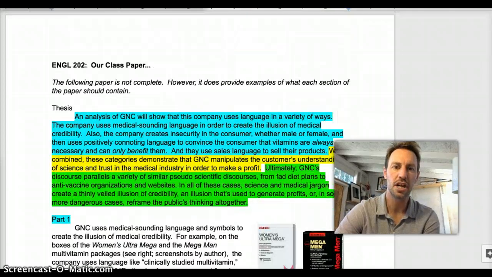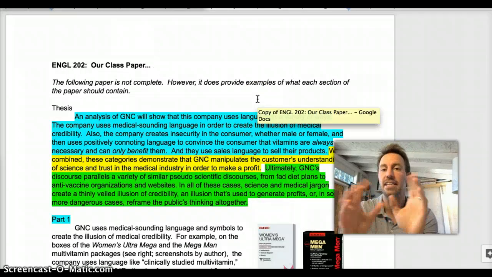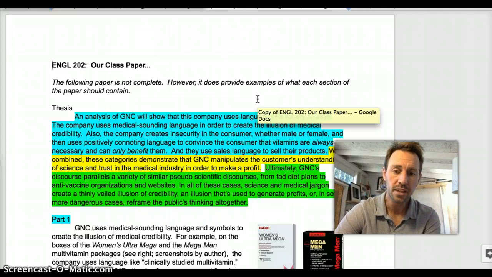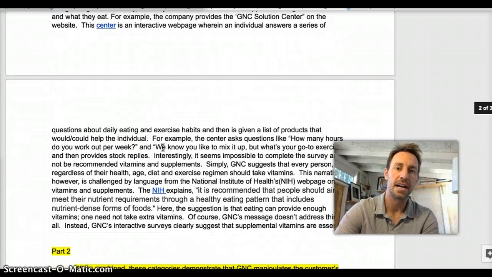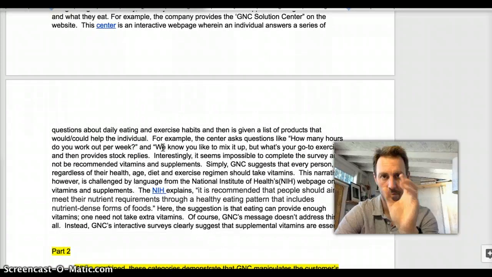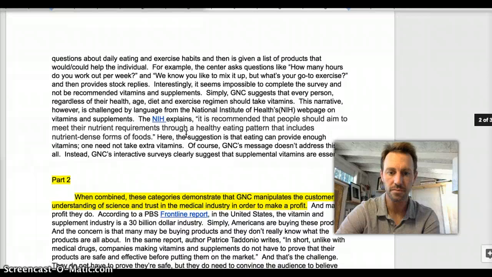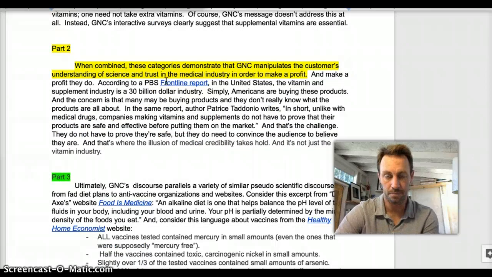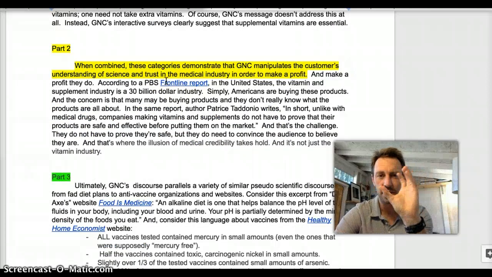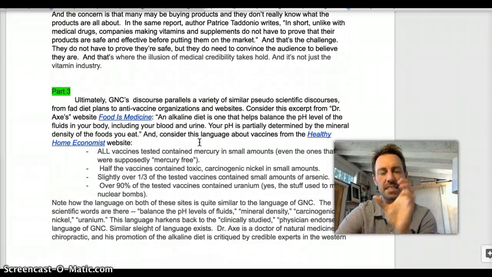To do that, let me share with you a draft paper on GNC, the example that we've been discussing this week. In this draft paper, you can see that I've provided the thesis, and then I have 2 paragraphs that provide analytical arguments about patterns. This is the sort of work that I addressed in the last video. After that, I have a paragraph that talks about the values, cultural narratives, or ideologies that underpin those patterns. And then I have a paragraph that begins to make connections.